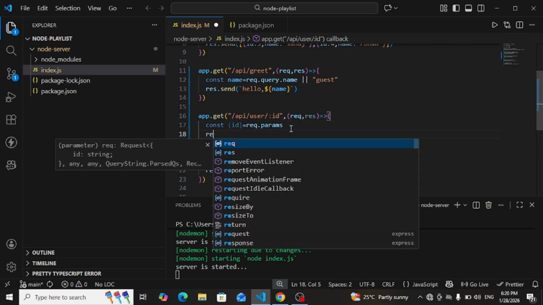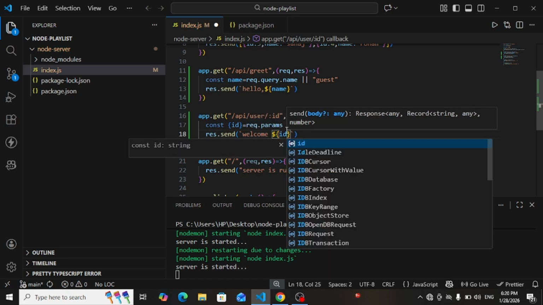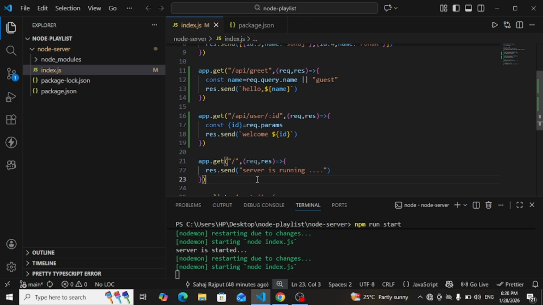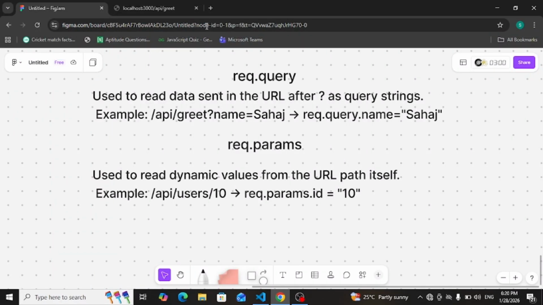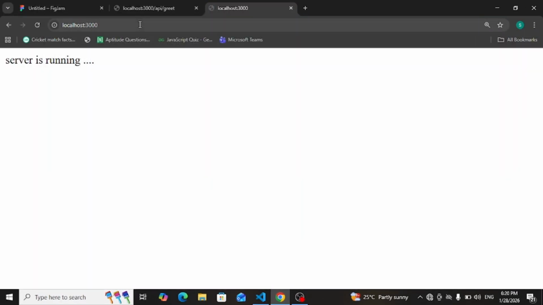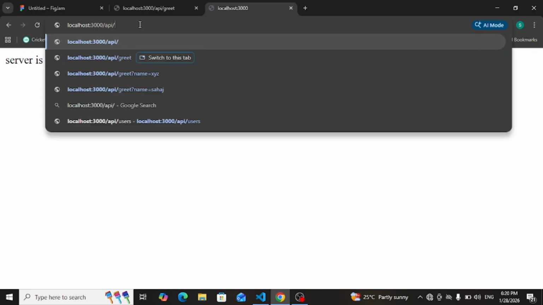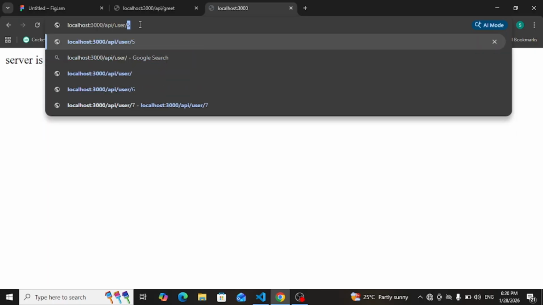Now let's send one response. So res.send, backticks, let's say welcome and ${id}. So that's it, our API is ready. Now let's test this API. Go to localhost 3000/api/user, and you have to pass one id.